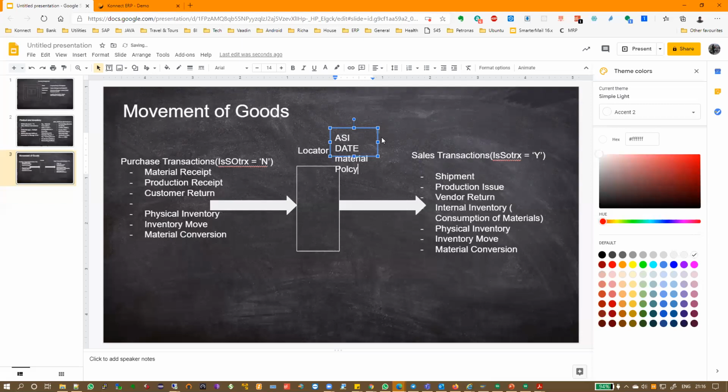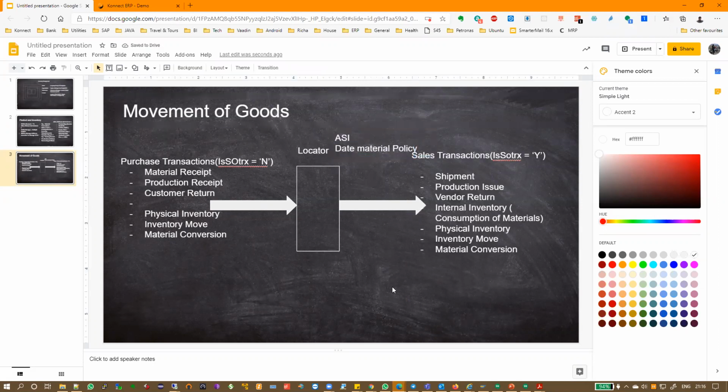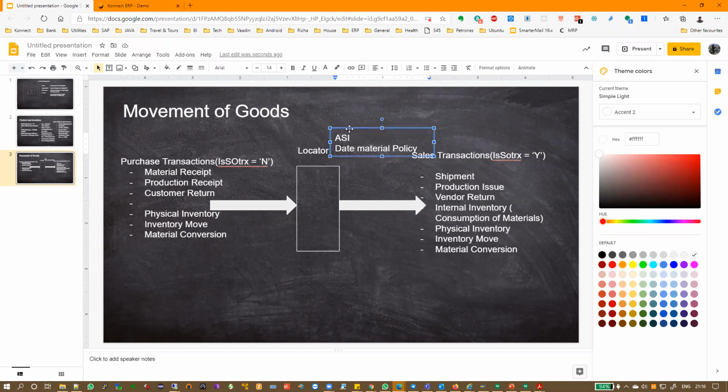This is very confusing for newcomers in our ERP because of the nature of how our ERP works. So this ASI and date material policy drive how a locator is storing the information.